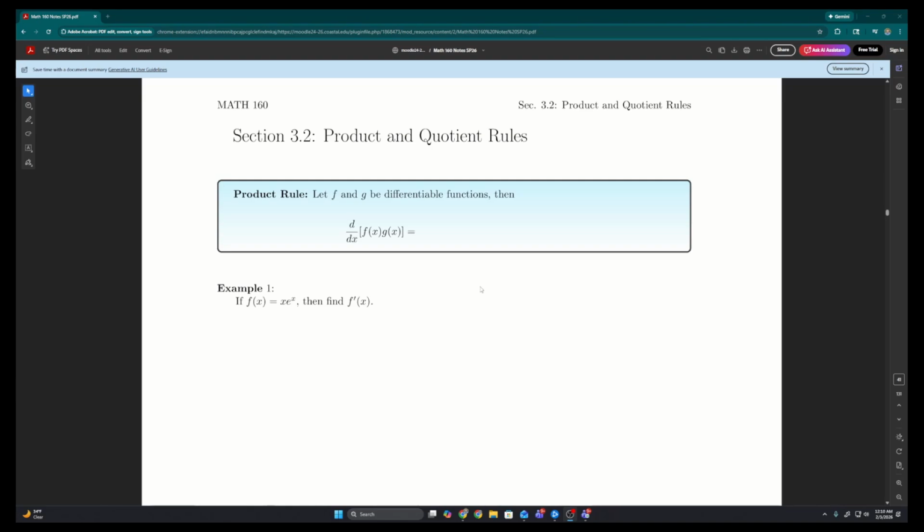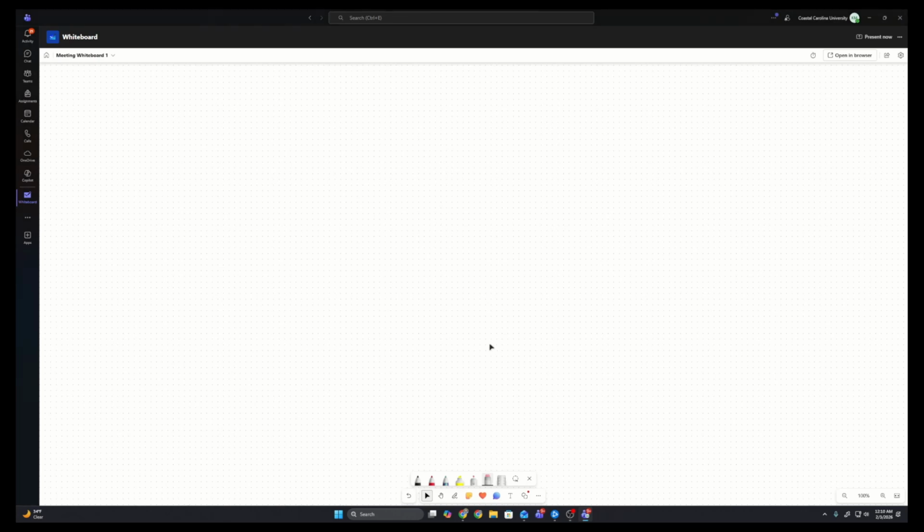Example five, we're doing a double derivative. And then for example six, we're doing an equation of a tangent line. So we have some different looks here besides just a basic, hey, find the derivative. Okay. All right. So if we go to our handy dandy whiteboard,